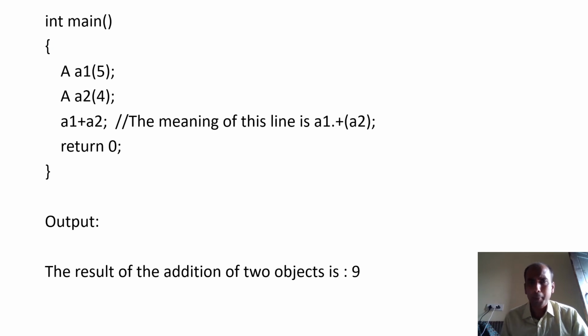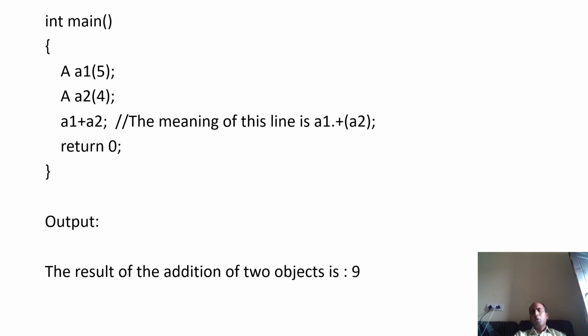Now, look at the main method. You have created object A1, you have created object A2. For both objects, the parameterized constructor will be called, and you are writing A1 plus A2. First question is this: why have you received an object as your argument in the operator function? Second question is this. Now listen. Again, the name of the function is plus here. When you are writing A1 plus A2, what is the compiler understanding? The compiler is understanding A1 dot plus, and A2 is passed as the argument.